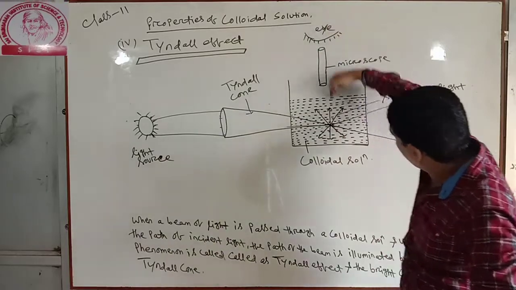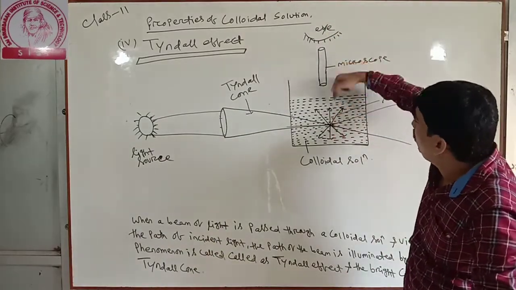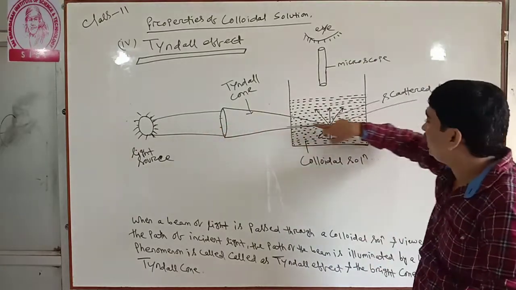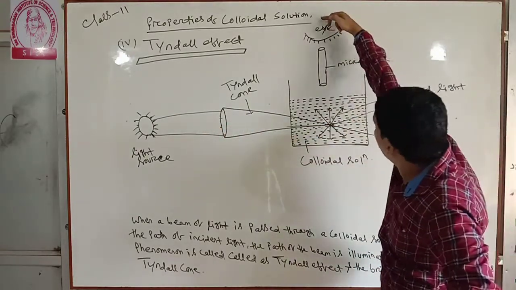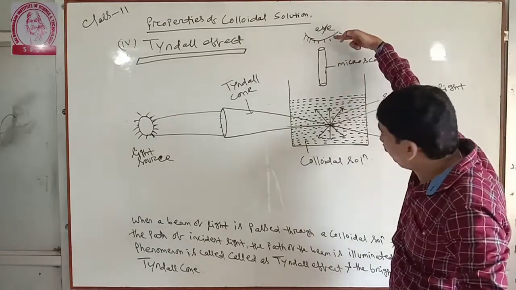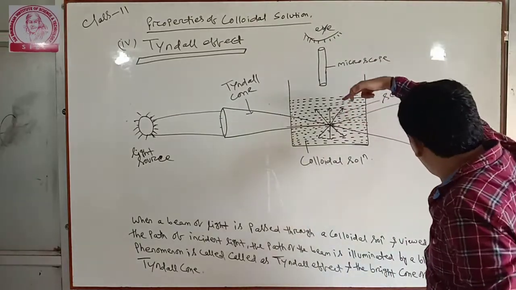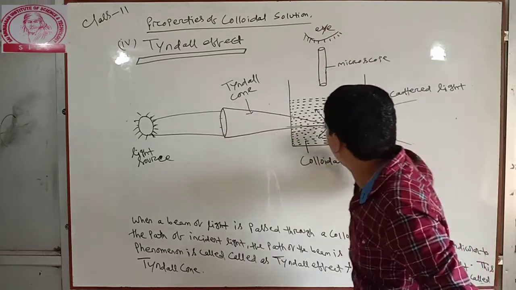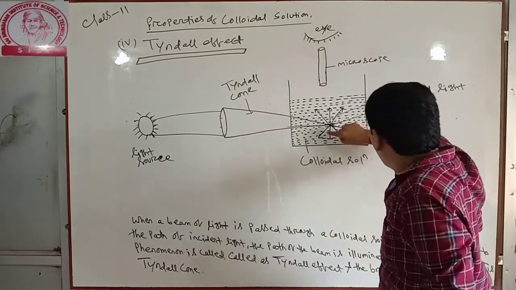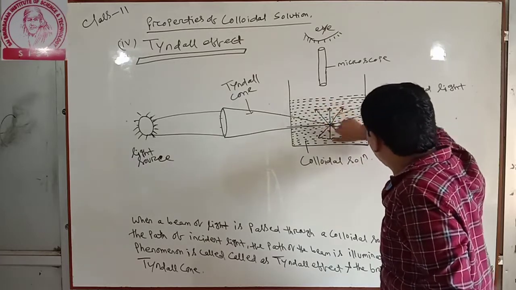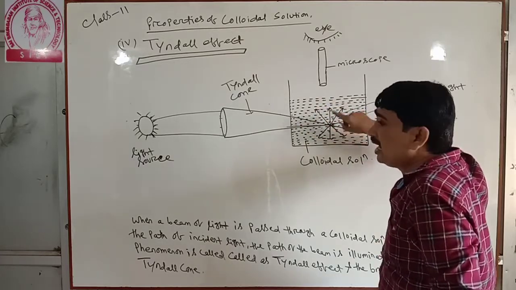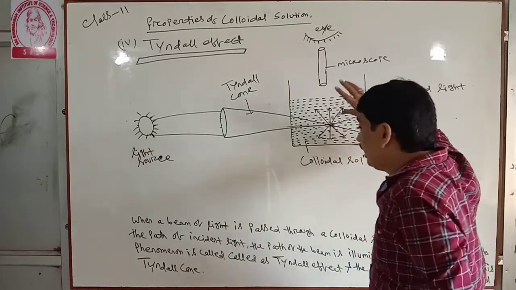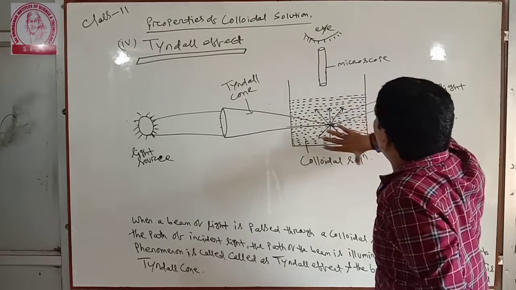perpendicular. When we pass a beam of light through the colloidal solution and view it perpendicular to the path of the incident light, the path of the beam is illuminated by a bluish light, and this phenomenon is called